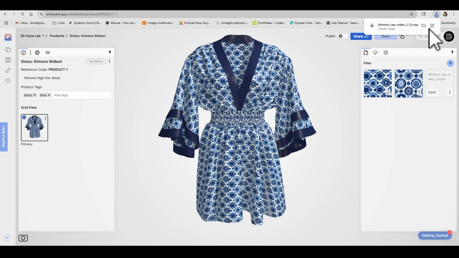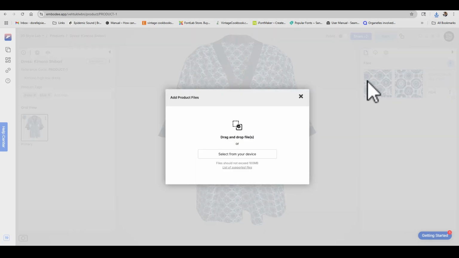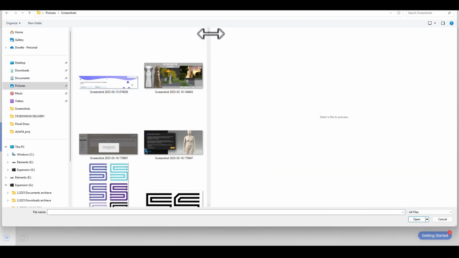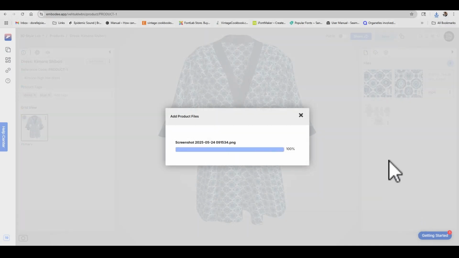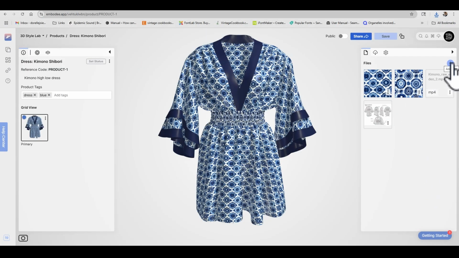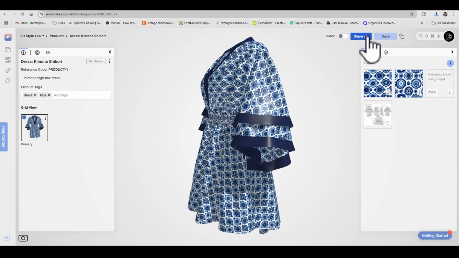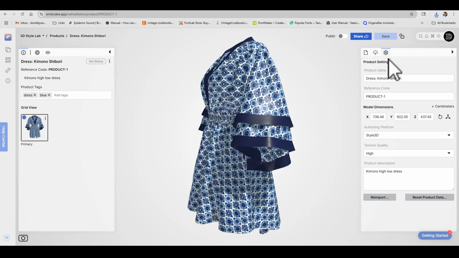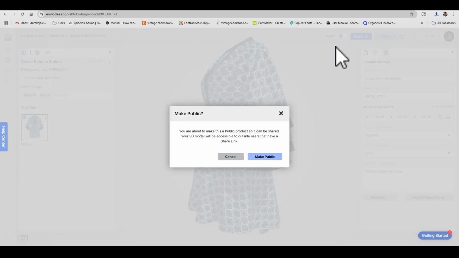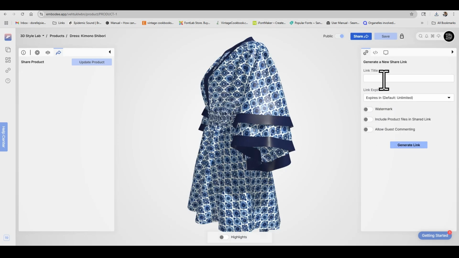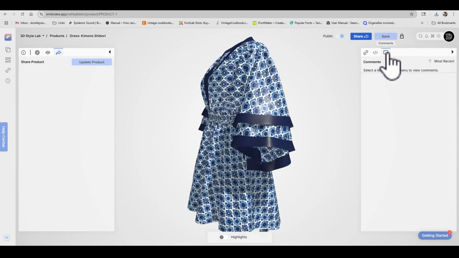So it was there. I actually also uploaded the AI MP4, which was the video that I made for the dress. So if someone clicks on that, it's going to download. I also uploaded the schematic with the measurements on it. And all of these can be, like I said, tagged, and they can also be put into what's called a, oh